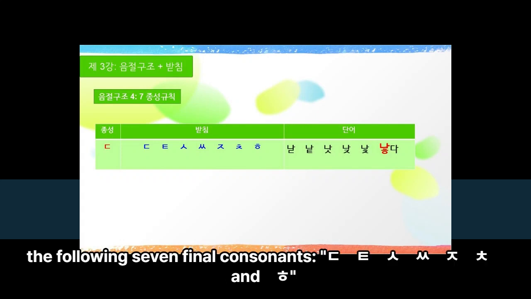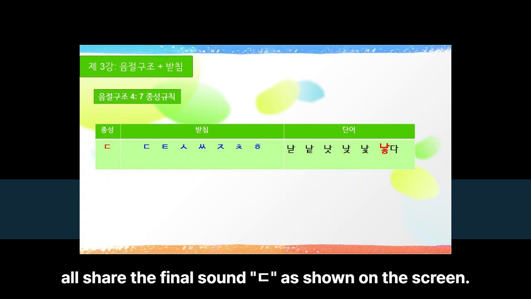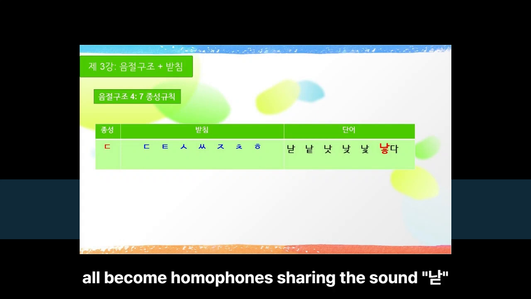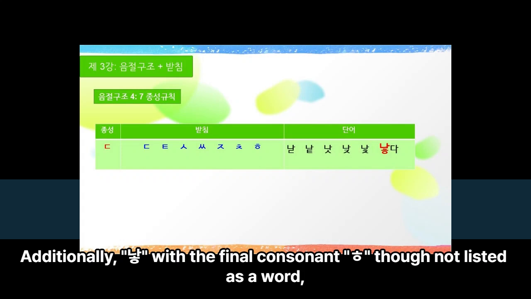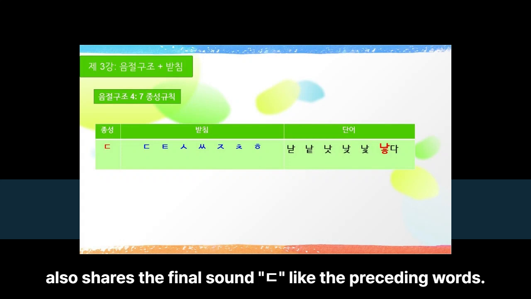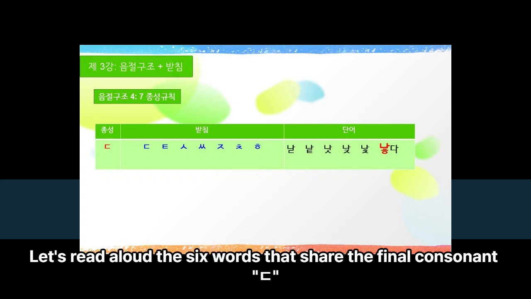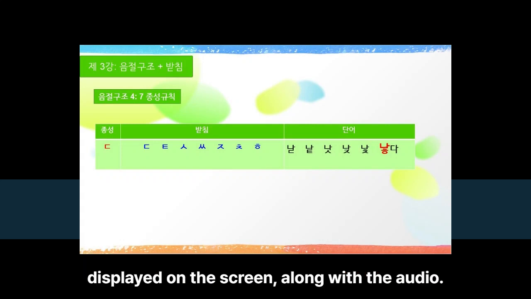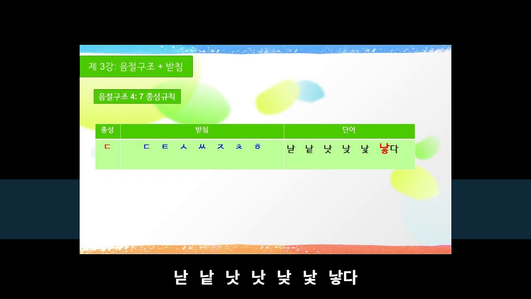The following 7 final consonants, digut, tiut, shiut, sangshiut, jiut, chiut, and hiut, all share the final sound, digut, as shown on the screen. Therefore, the words listed in the table all become homophones, sharing the sound, nat. Additionally, nat, with the final consonant, hiut, though not listed as a word, also shares the final sound, digut, like the preceding words. Let's read aloud the 6 words that share the final consonant, digut, displayed on the screen, along with the audio. 낫,